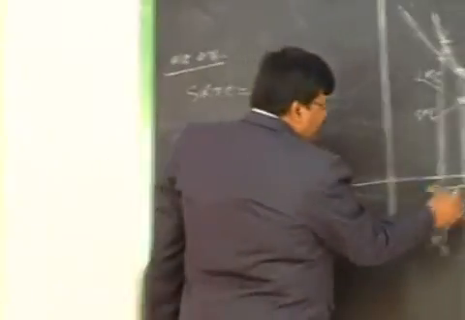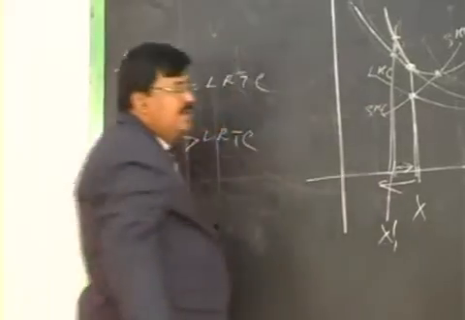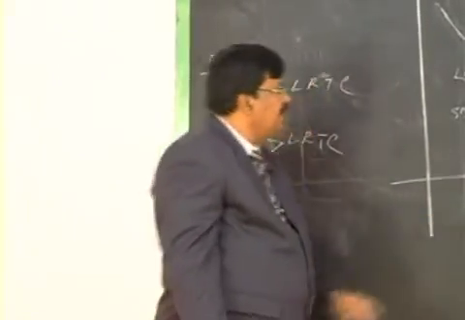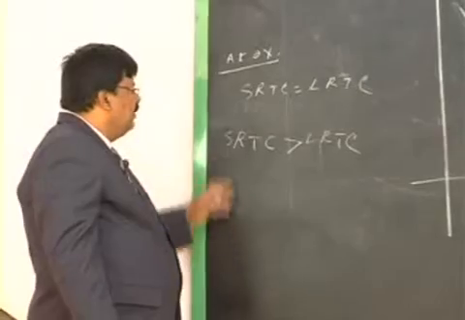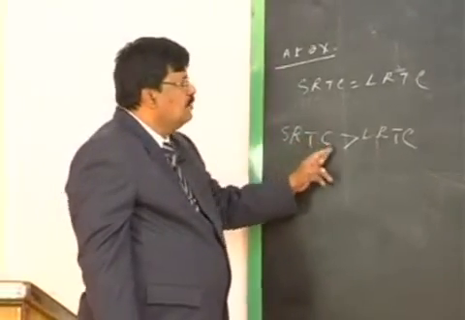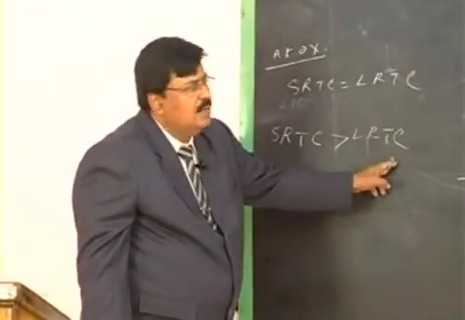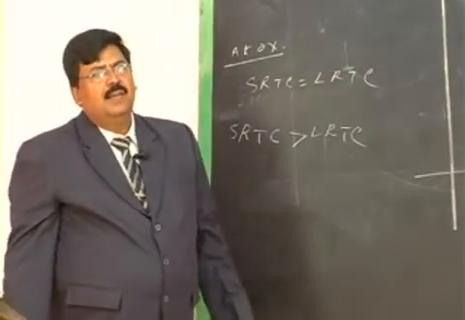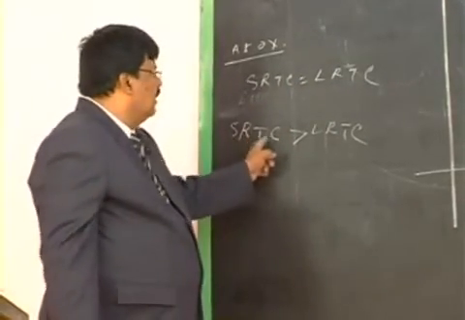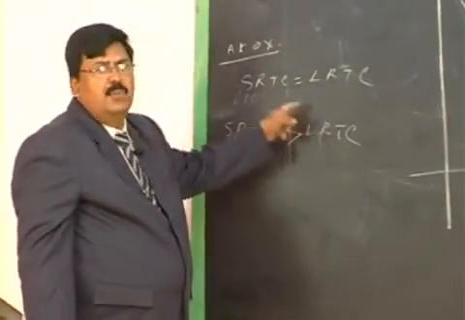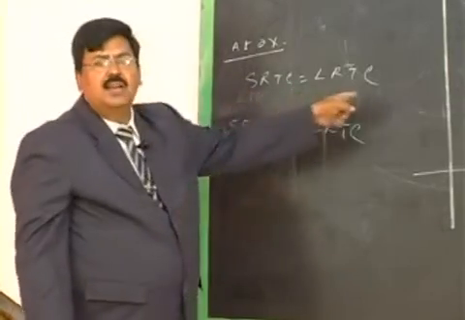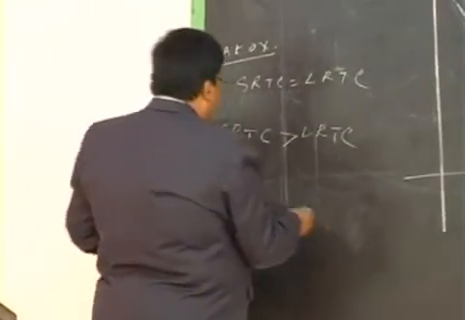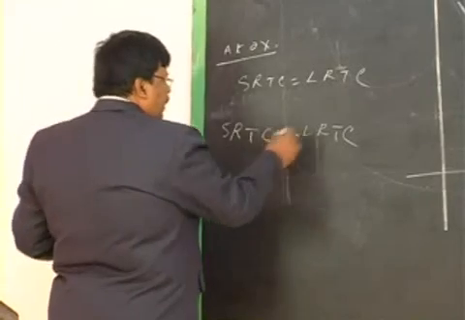So for movement from OX1 dash to OX, what happens? You are moving from a point where short-run total cost is more than long-run total cost to a point where these two are equal. Short-run total cost is exceeding long-run total cost to a point where short-run total cost is equal to long-run total cost. That means the extra to the long run must be